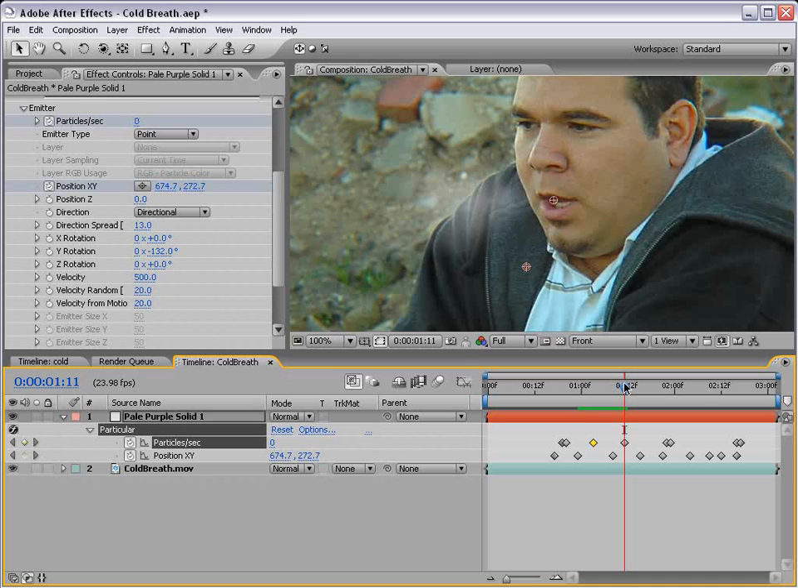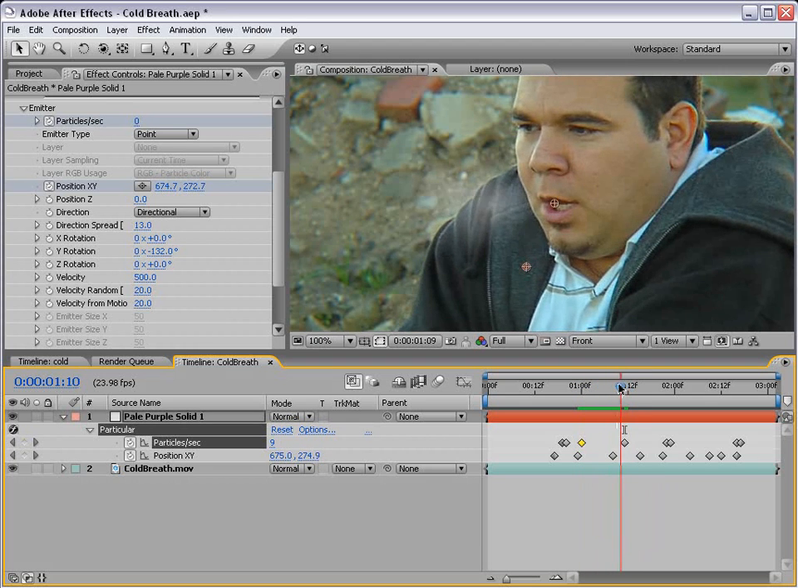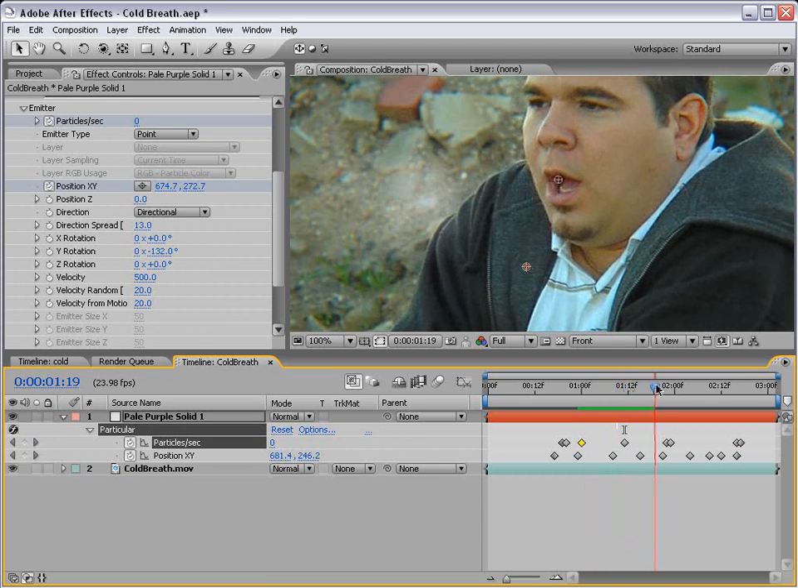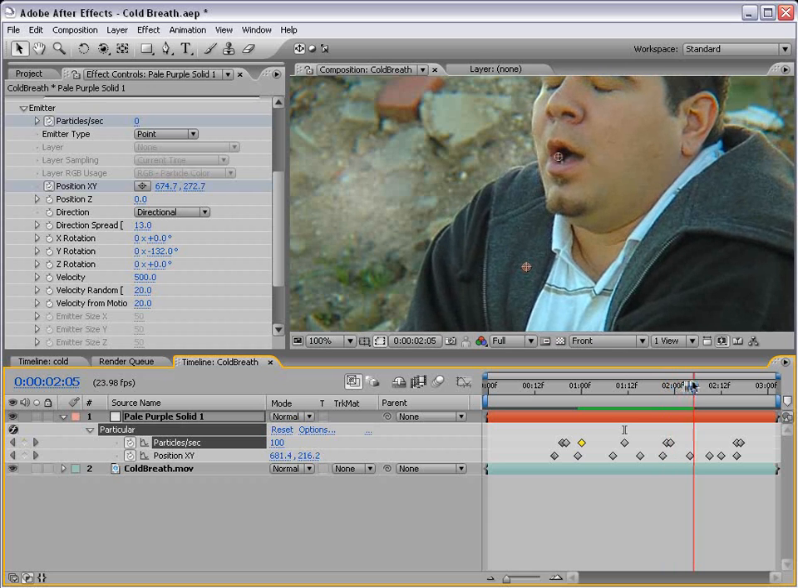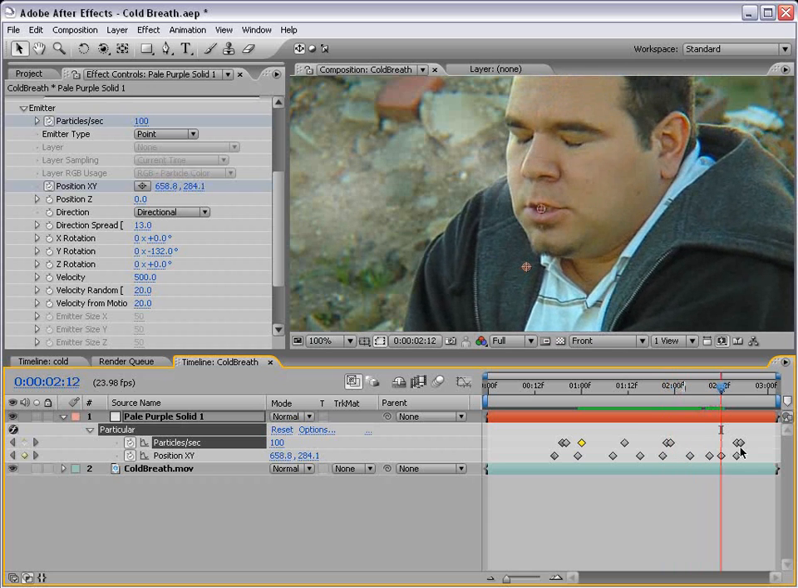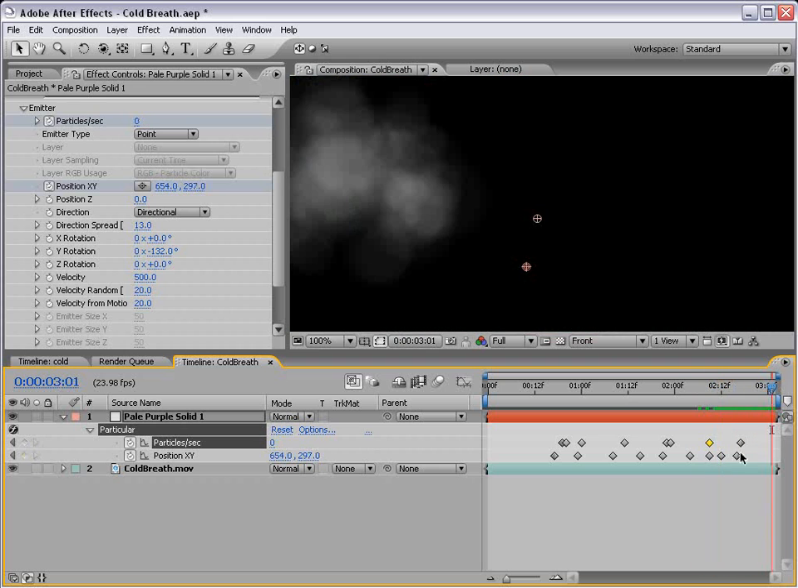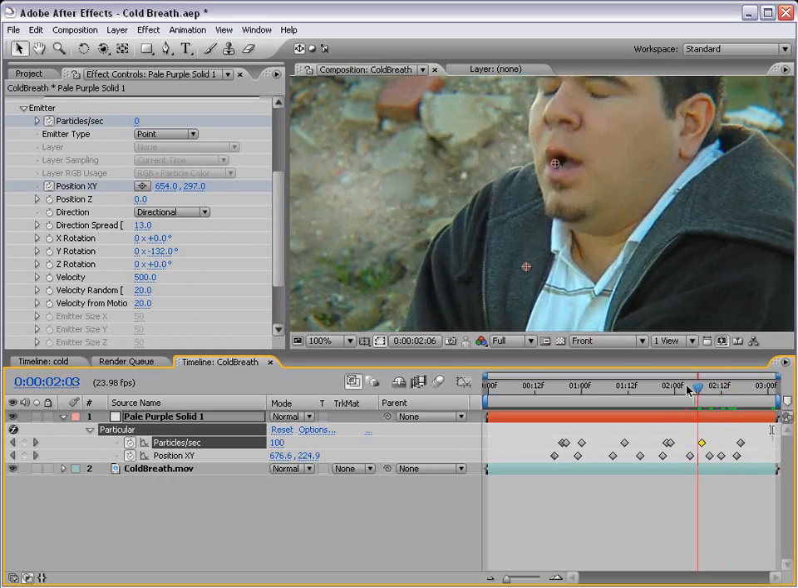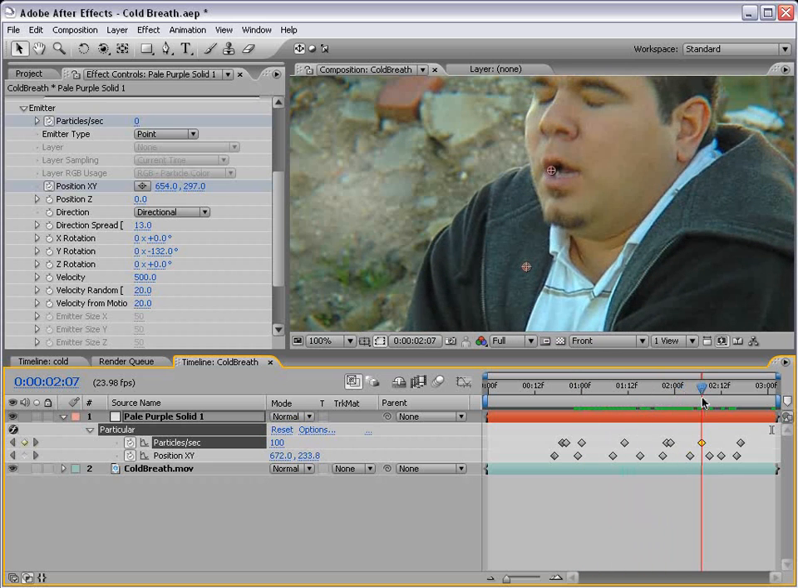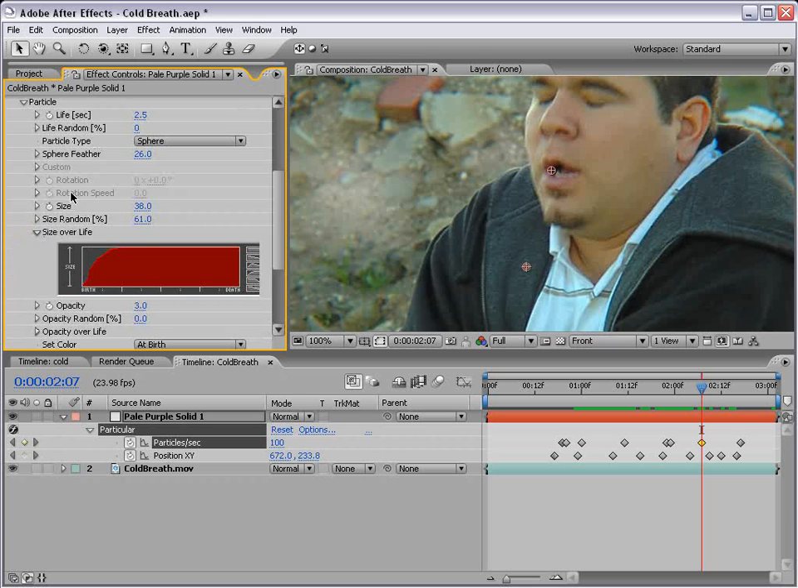Like when you take a deep breath, it kind of slows down at the end. So this way it kind of disperses with less particles towards the end. And then he's going to breathe again. Here it comes. And again, we'll make it disperse a little bit at the end. So that looks good. What I'll do is go to the particle, and we'll set the softness up again, just